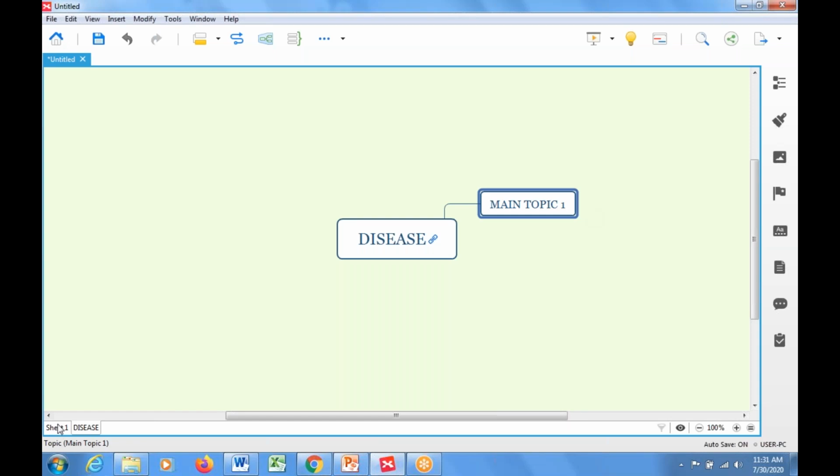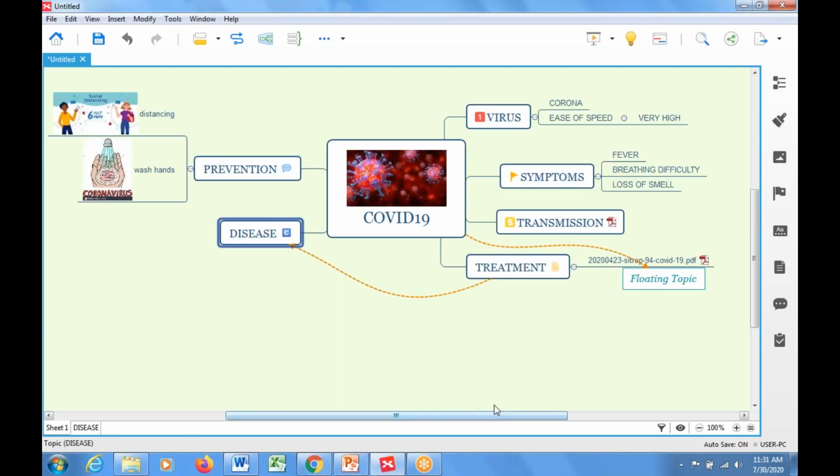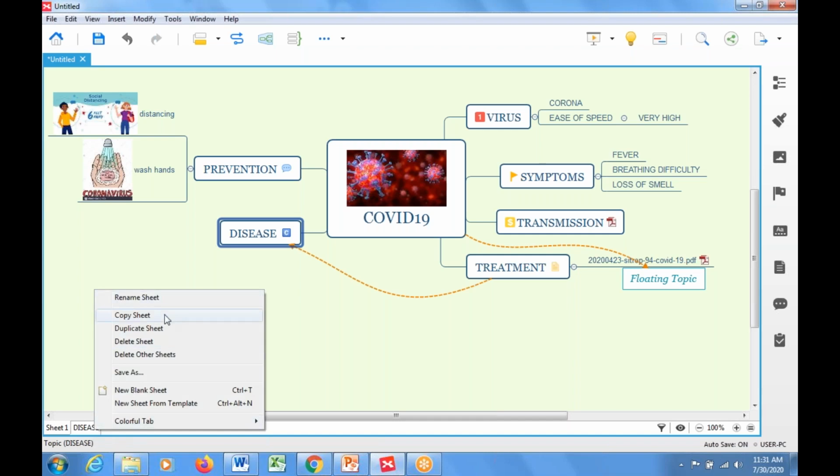So this way, you can go and create any number of worksheets, just like MS Excel. In one MS Excel file, you can have as many worksheets as possible. Same way, for one particular mind map file, you can have any number of worksheets. If you want more worksheets, see, take the cursor to the bottommost left side, give a right click: rename sheet, copy sheet, duplicate sheet, new blank sheet.